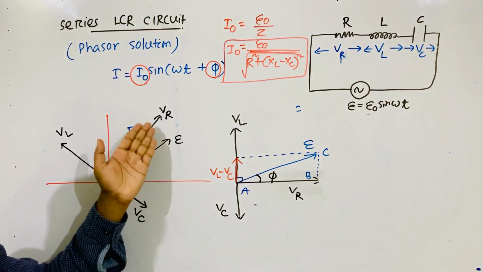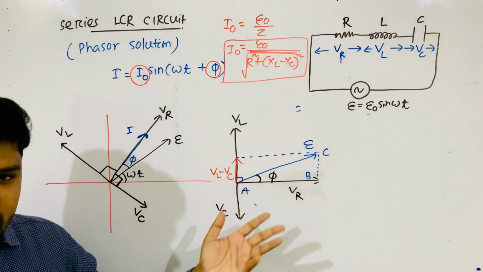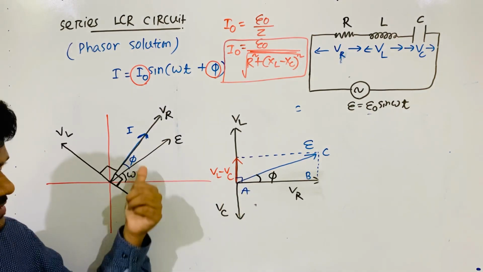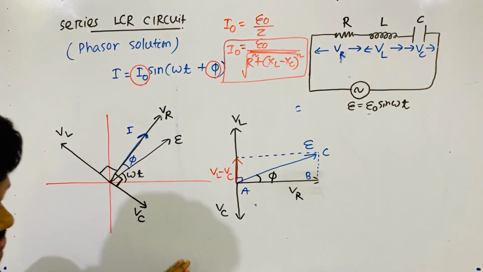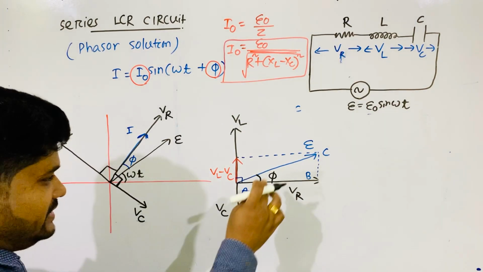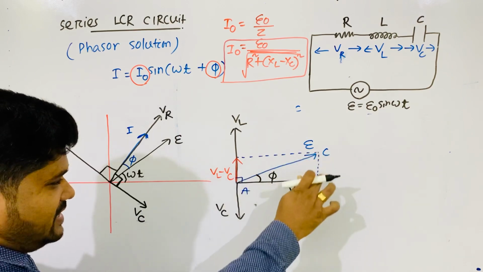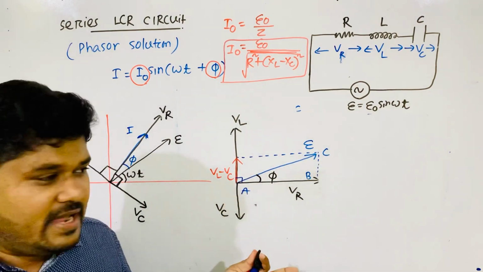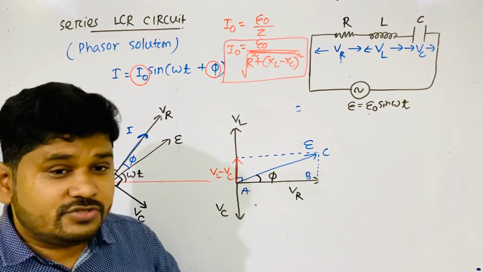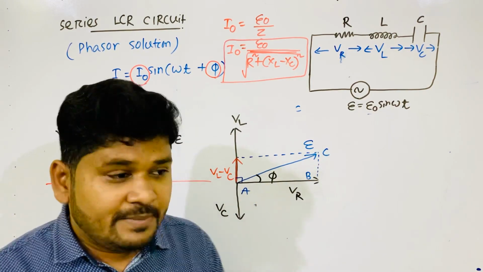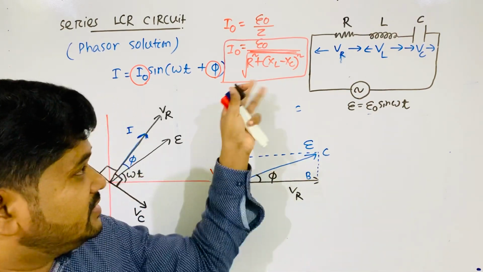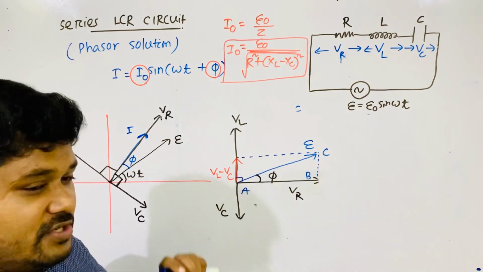The same thing, I have taken the angle between E and V. I have not done anything wrong anywhere in the place where I am taking the angle. Same angles I am taking. Clear? So now let's see here. If this is the phi between E and VR, from this triangle we can easily find the phi. This ABC triangle is also called an impedance triangle, because from this triangle we got impedance. So this triangle is also called impedance triangle.